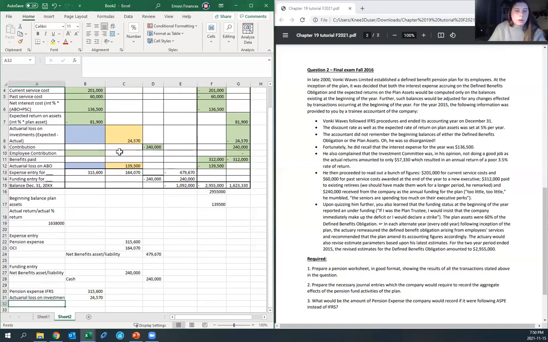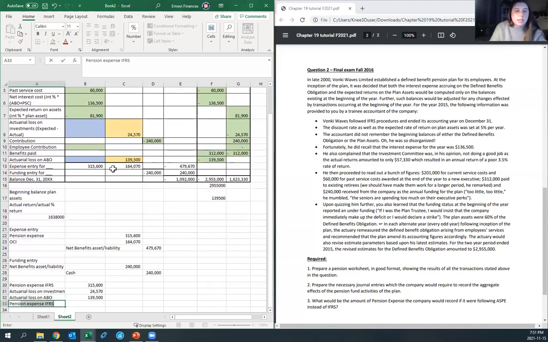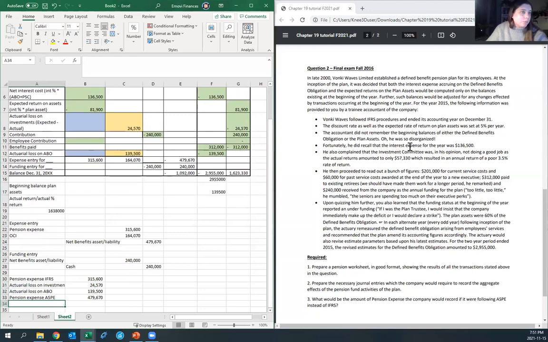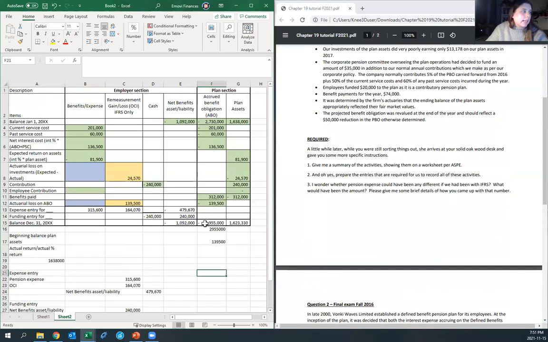Then you have your actuarial loss on ABO, which is the $139,000. That gives us our pension expense for ASPE of $479,000. And that's it. So you see that it's an easier, wait, I'm going to stop the